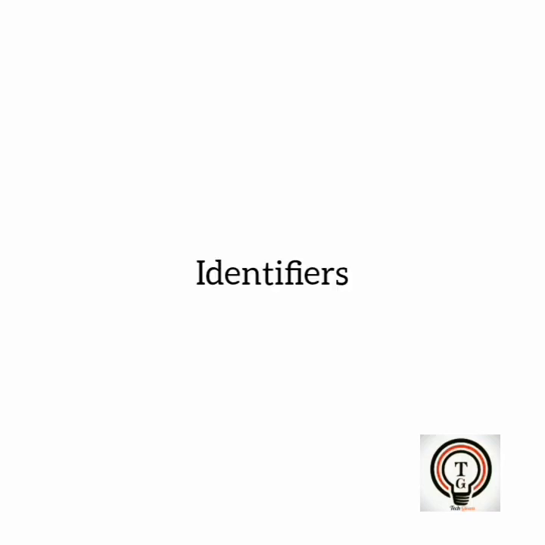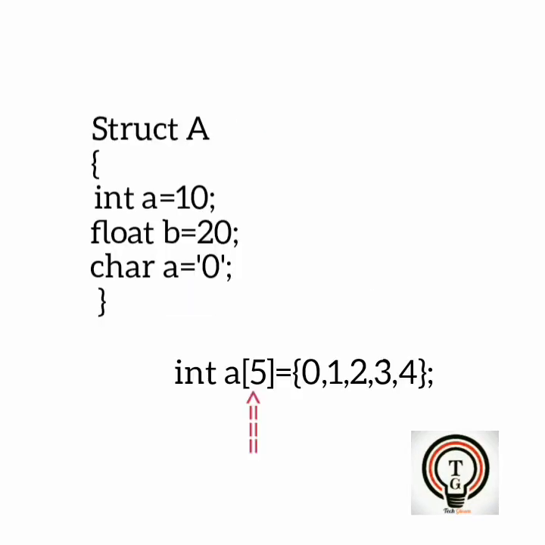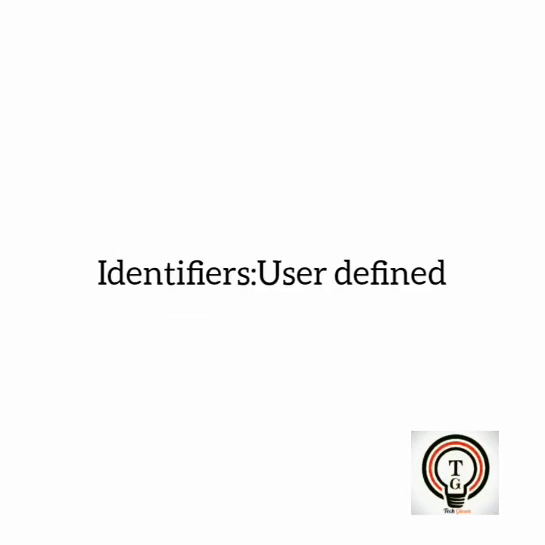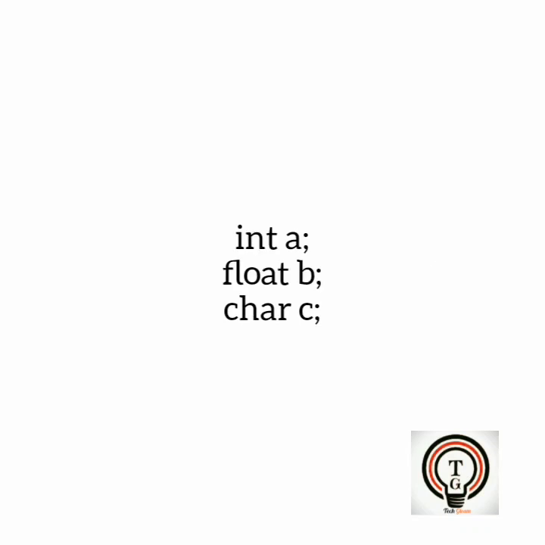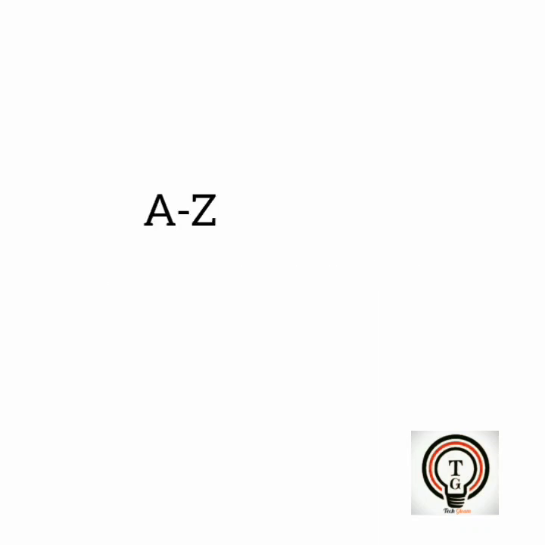Identifiers. Identifiers refer to the names of the variables, functions, structures, and arrays. Identifiers are user defined. Till now, we have declared just variables, and the variable is one of the classifications of the identifiers. Identifiers can be composed only of uppercase letters, lowercase letters, underscores, and digits, but should start with an alphabet or underscore. So, we can begin an identifier with 53 characters: 26 capital letters, 26 small letters, and underscore.